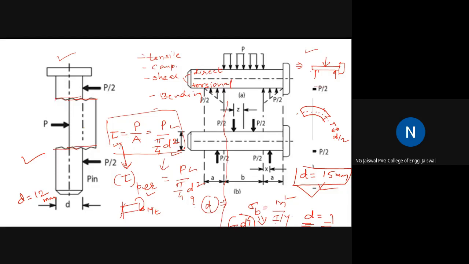Okay, and you have to think of all possible ways of failure. You have to find out the dimensions to avoid those failures and pick the maximum one so that it will sustain both types of failures. So the purpose of this entire discussion so far was to make you identify that under the given directions of forces, how the component can fail and how you can anticipate the types of stresses accordingly, types of failures in the component.